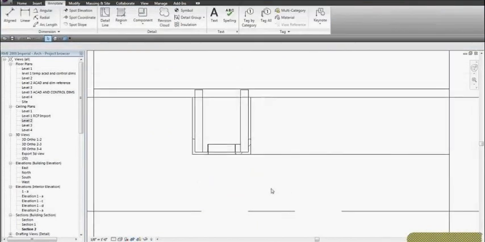And that is a quick look at how we can use the Omniflx detail library inside of Revit architecture to create